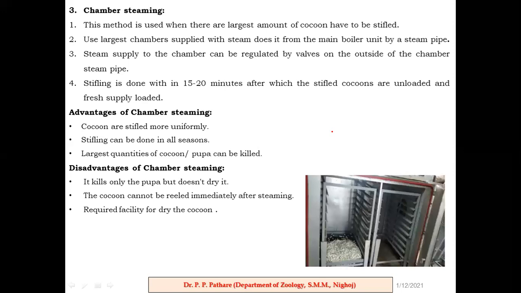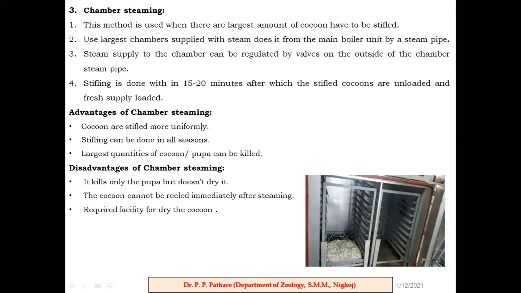In the previous methods, the first one the burial method, then the second one the basket method, we face trouble regarding wetness, because the cocoon easily absorbs some hot steam inside. So wetness is a major problem. But here you can just release the hot air. So the cocoon is not 100%, but a limited amount of steam is also absent. But in this method, you can dry the cocoon uniformly.